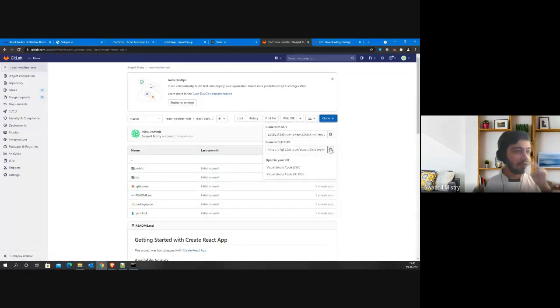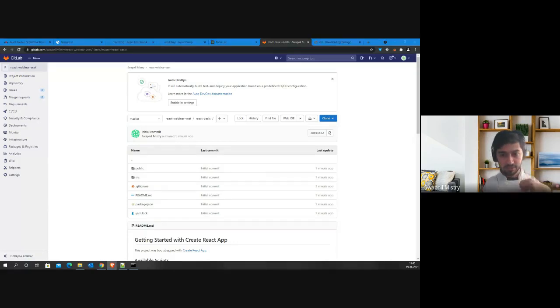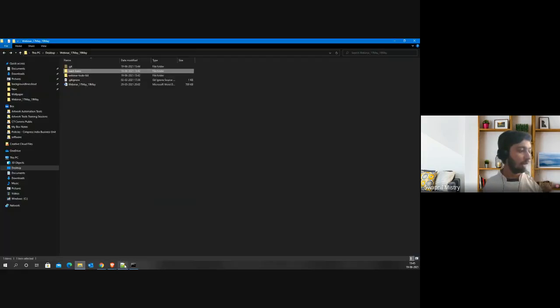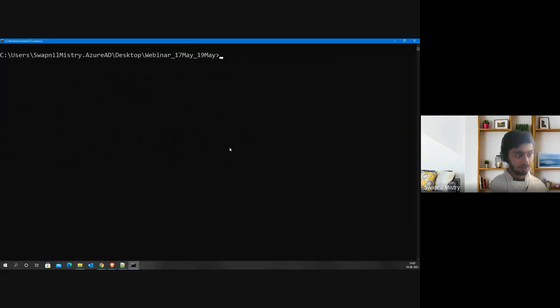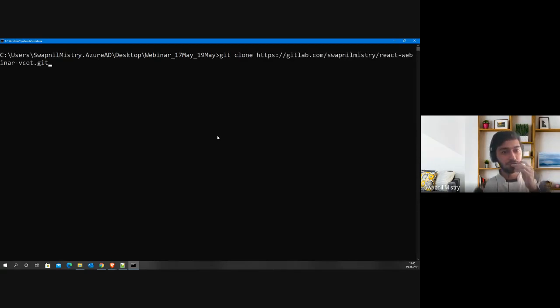What I will do is I will take the https url and share it with you guys so that you can download it. Now the question comes, how will you download it? I just shared you the url. There's a command to download it. You can just go to any directory where you would like to download this project, and you will just run this command, git clone, this thing. And this will do the work for you.